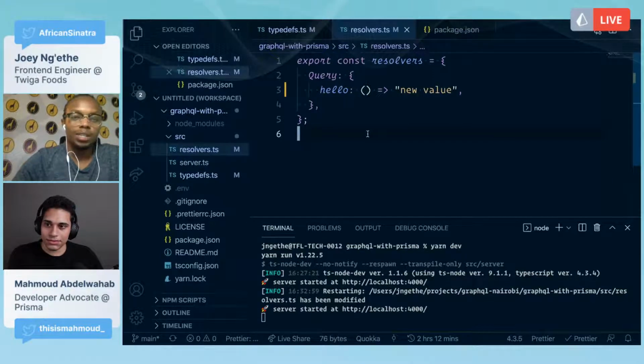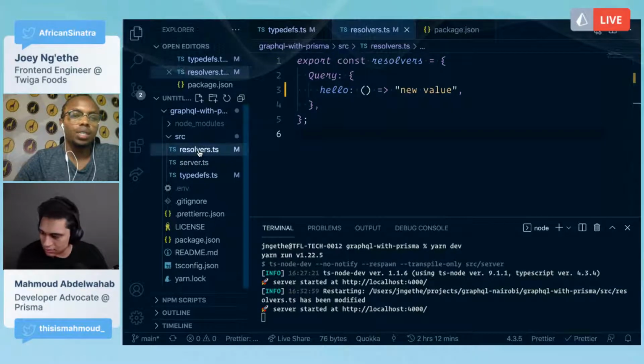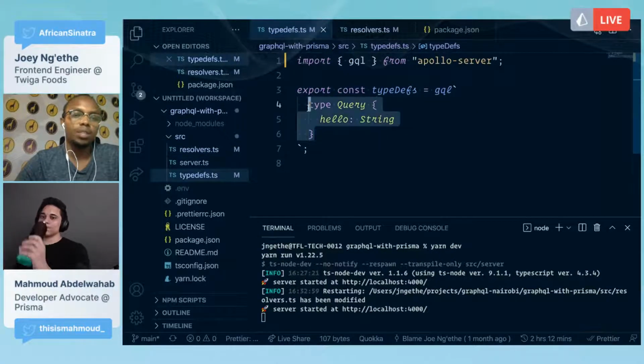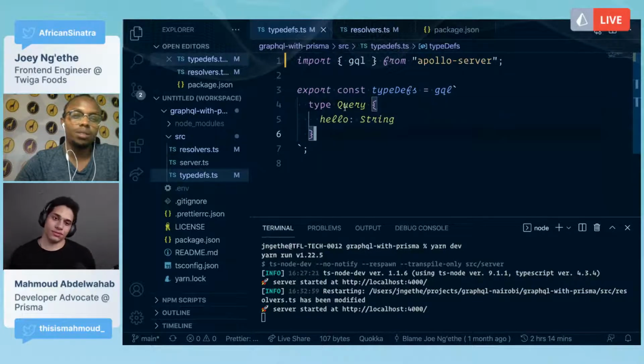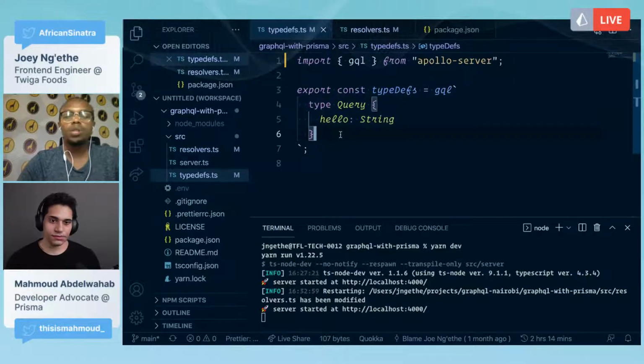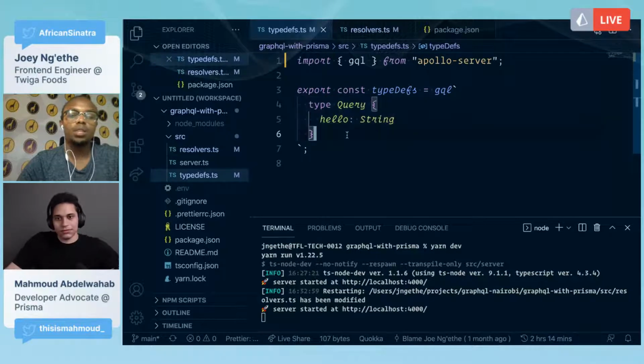As Mahmoud has said, the resolvers map to your type definitions, and if you look at the type definition and the resolvers, they have a similar signature. Some kind of an object, if you will. So you have the type Query, and inside it we have a field. Here we're saying this field called hello will just return a string. With GraphQL, everything is typed. You have to define what the value should be. You can have a string, and we're going to see other types as we move along.